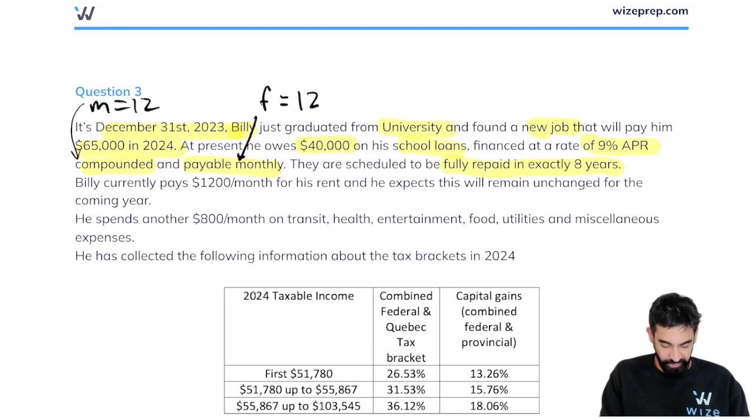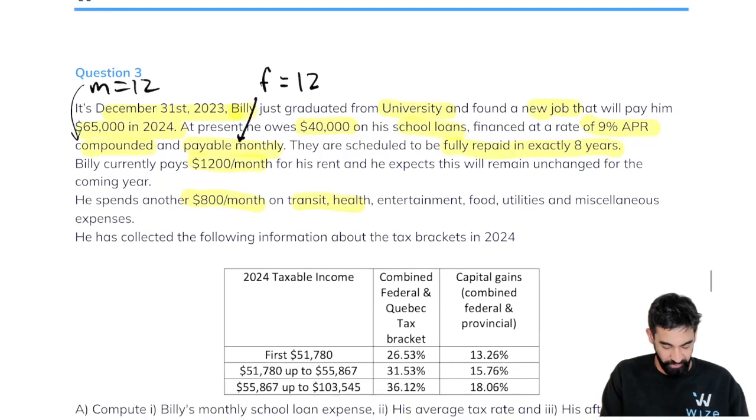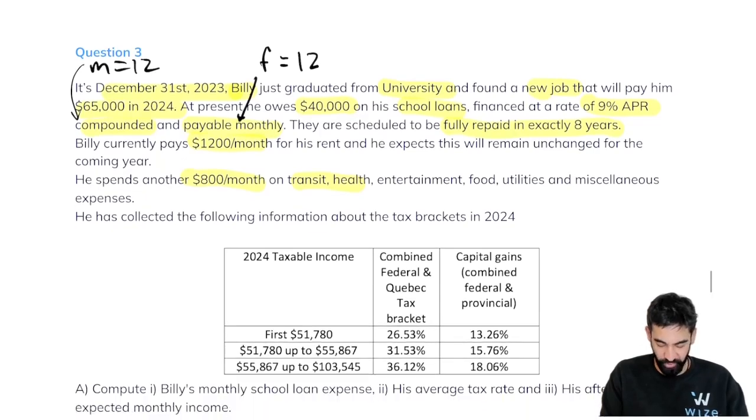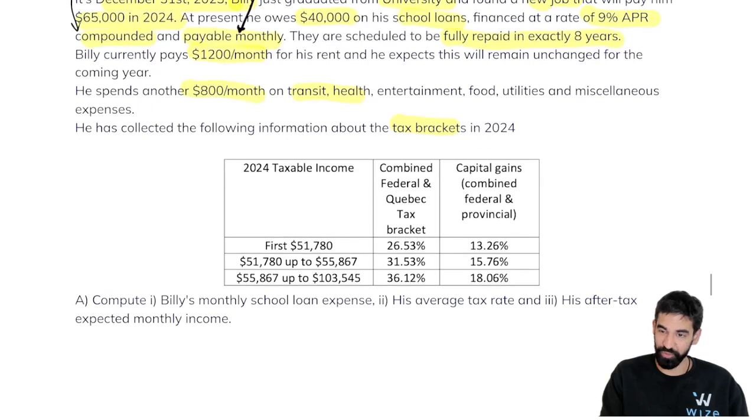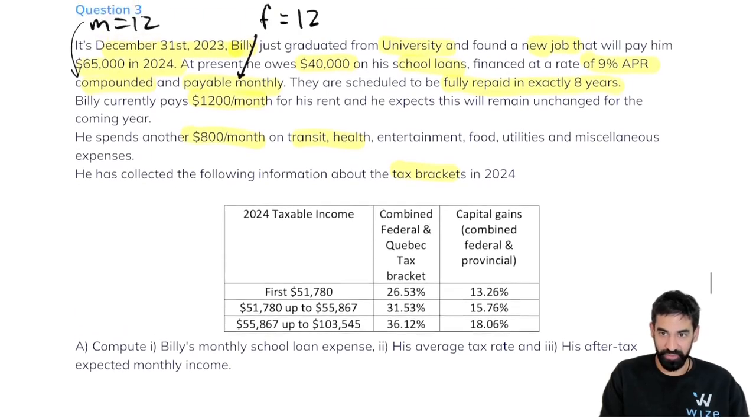Billy currently pays $1,200 a month for his rent and he expects this will remain unchanged. He spends $800 per month in transit, health, entertainment, all of that. He has collected the following information about the tax brackets. So this is like personal finance, because there's some tax stuff mixed with time value of money as well, because there's some interest rates,